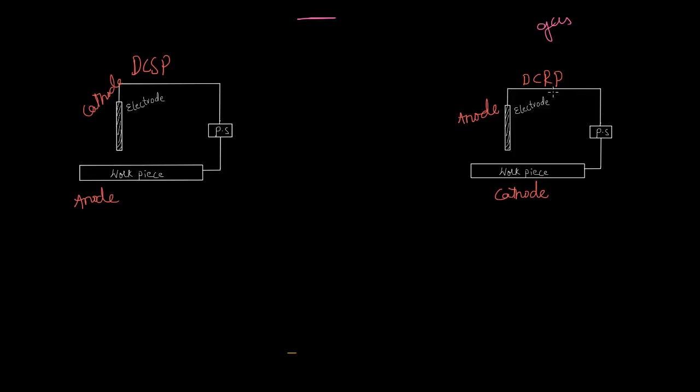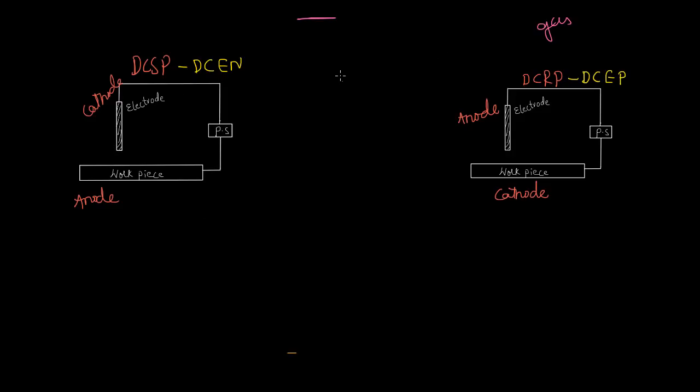These are carried throughout welding. Each and every technique depends on this DC straight polarity and reverse polarity. That's why I'm stressing these concepts very much. Please be careful. The other name of DCSP is DC electrode negative, and for DCRP it is DC electrode positive. These are two other names. The examiner may give these names also to confuse you, so please be careful.